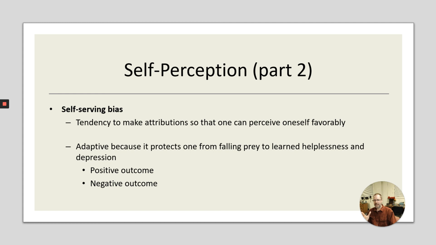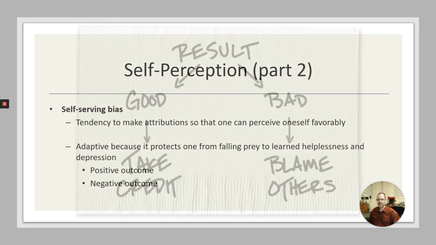So is it adaptive? We talk about positive outcomes, negative outcomes. Is it adaptive because it's a defense mechanism? I just adapt it. So if the outcome is positive and an internal attribution for it is made, it's positive. I always knew I had it in me. I always knew I had this quality or something. If it's negative, then an external. Well, who can blame me because of that, because of those external circumstances?